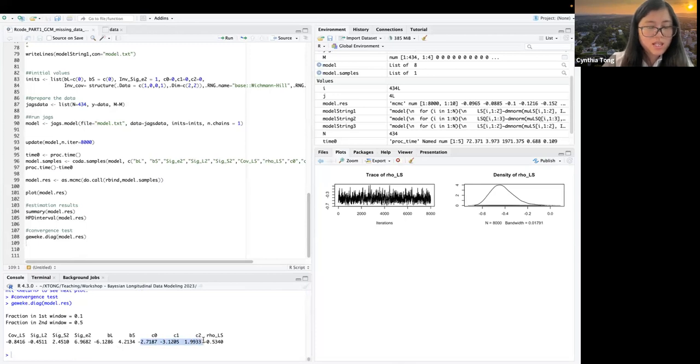Okay, so the C's, the parameters that are related to the missingness, didn't converge, right? And some other parameter didn't converge. So I'm really not going to show you the results, but results can just be obtained by using the summary function, and HPD interval can be obtained. But the reason why it didn't converge is because the number of iterations is not enough. So you just need to increase the number of iterations and you will get converged results, okay? But because of time, I'm not going to make it too long.